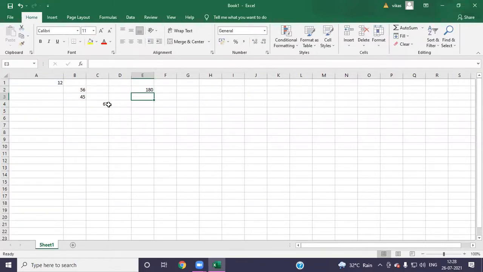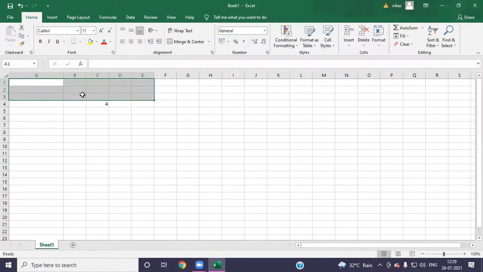Now look here, if you make changes here, the values are 1, 2, 3, and 4. What will be the sum of 1, 2, 3, 4? 1 plus 2 is 3, plus 3 is 6, plus 4 is 10. Look here, the sum came here, 10. So this is getting the addition, getting the sum of individual cells. Now look here.